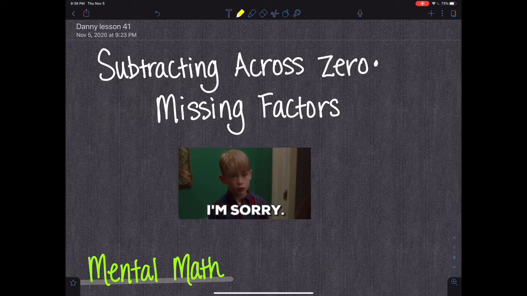Okay, hi there, Danny. Today we are going to go over lesson number 41 for you. And you should have done your multiplication facts by now. And now we are going to go over subtracting across zero and missing factors. And this lesson is super exciting, Danny, because I learned some things that I never knew before. So really, you are going to learn some really cool things today, even things that I didn't know until I